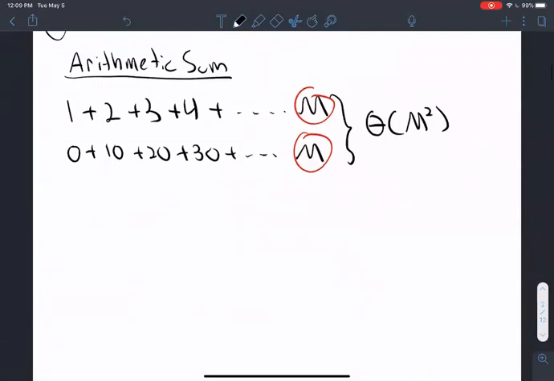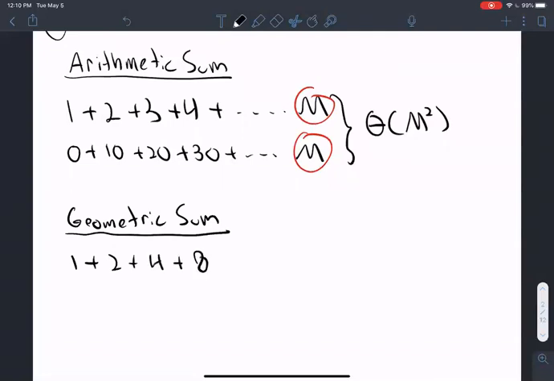Okay, let's go into the other sum, which will pop up. It's going to be the geometric sum. The property about the geometric sum is it's not the difference between successive terms that's constant, but the ratio. So we can do 1 plus 2 plus 4, 8,